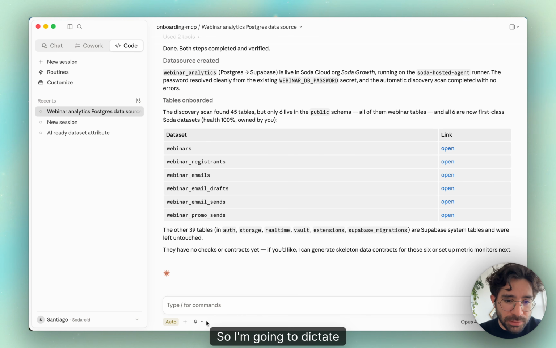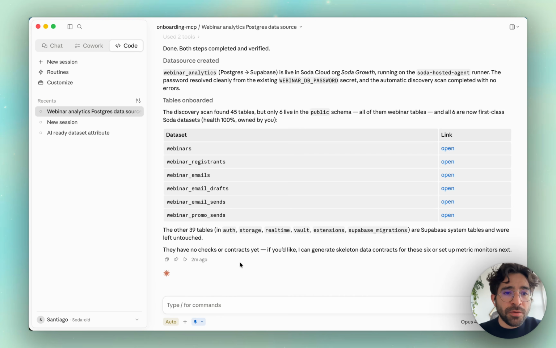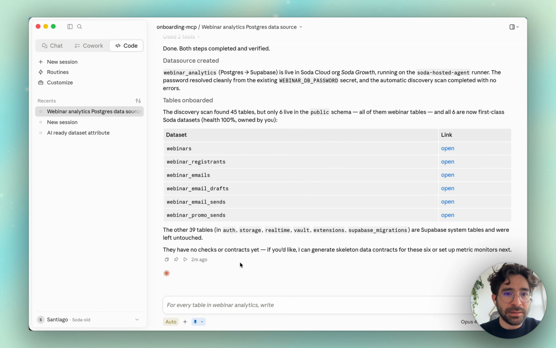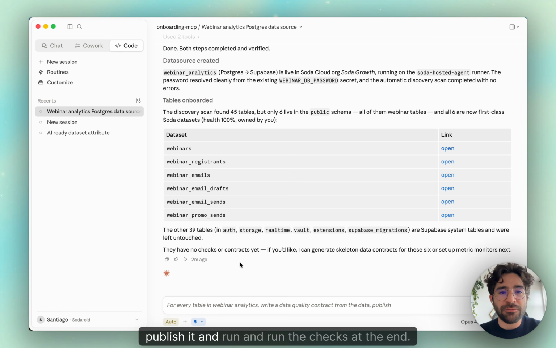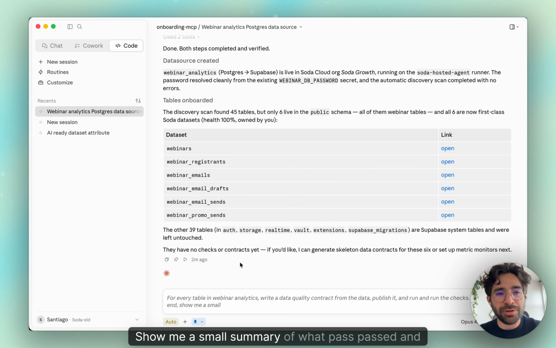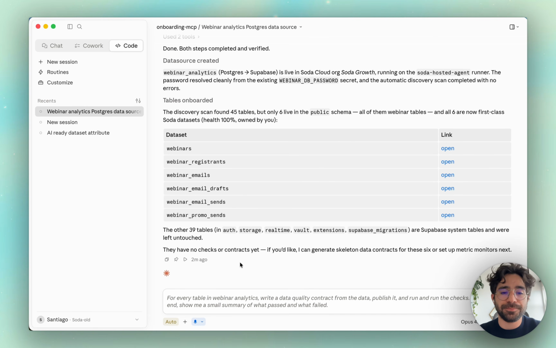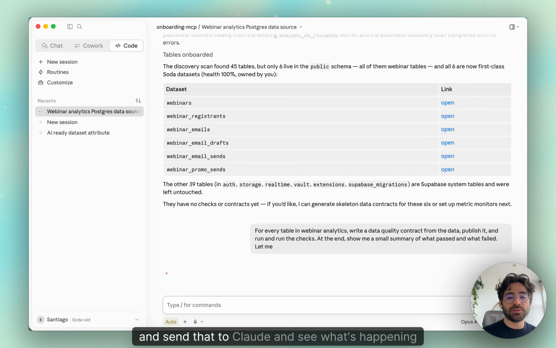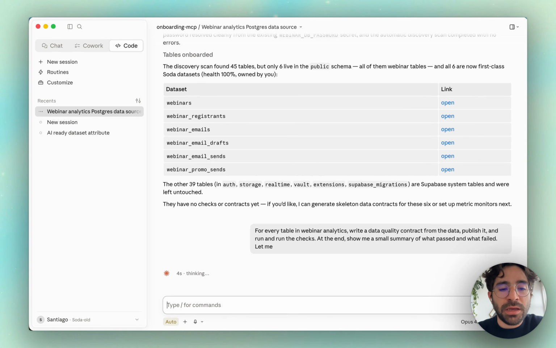So I'm gonna dictate: for every table in Webinar Analytics, write a data quality contract from the data, publish it, and run the checks. At the end, show me a small summary of what passed and what failed. Let me stop the recording and send that to Claude and see what's happening. In the background,